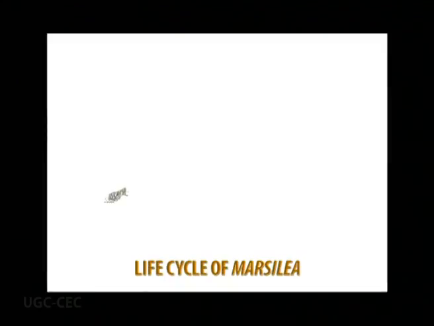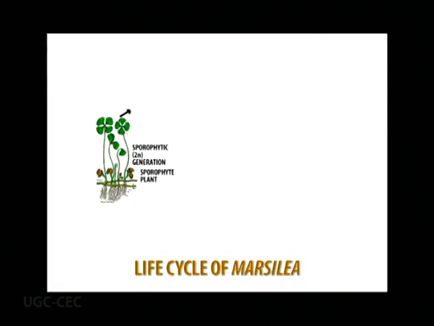Then the overall life cycle of Marsilea. We find alternation of generations, which means that the Marsilea plant is a sporophyte, which is the dominant phase in its life cycle. This is contrary to bryophytes, where the dominant phase is haploid in nature, whereas in pteridophytic plants, in which Marsilea is placed, the dominant phase is sporophytic. This sporophyte comprises rhizome, root and leaves. It reproduces vegetatively as well as by means of spores. The spores are formed in sporangia on specialized structures called spore carps.